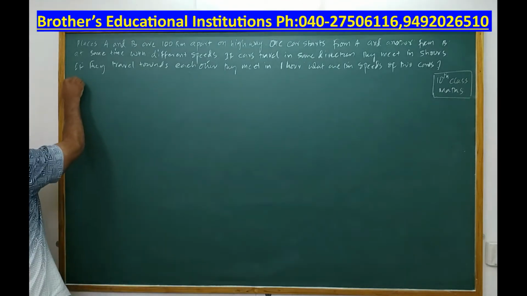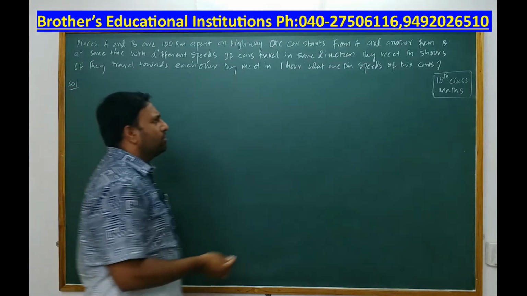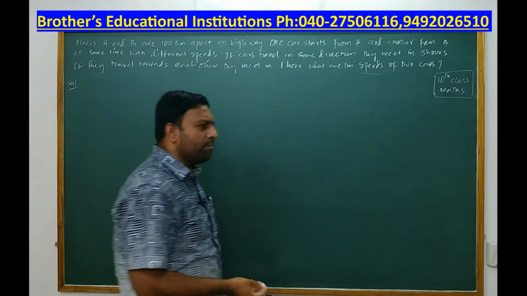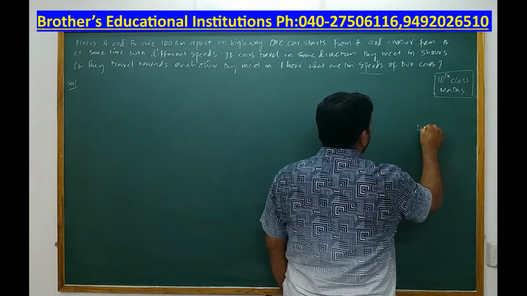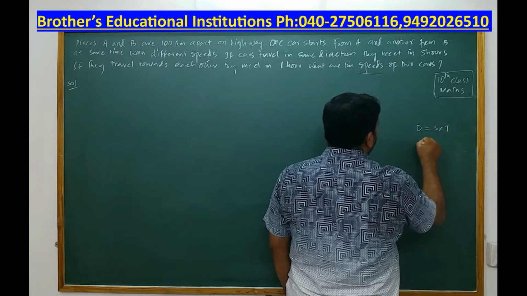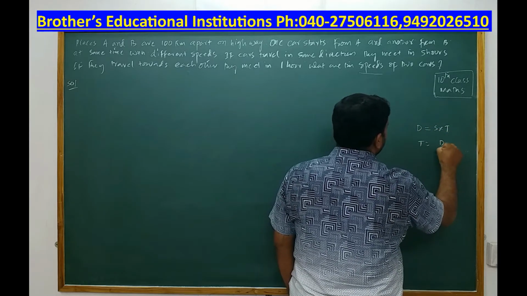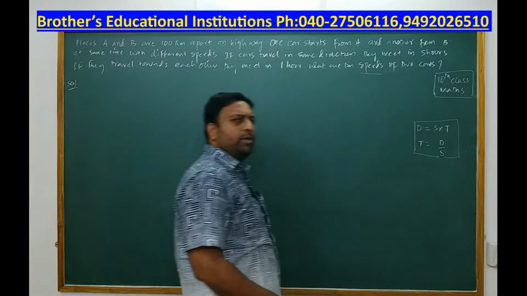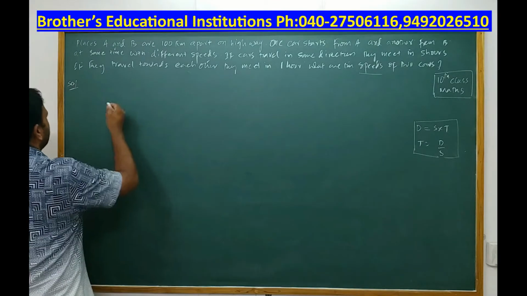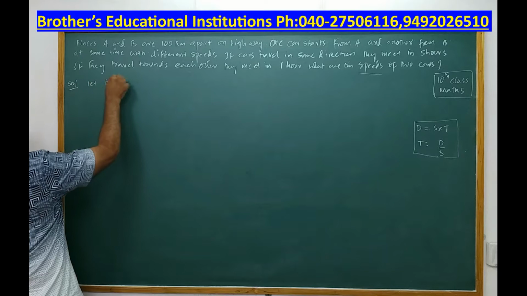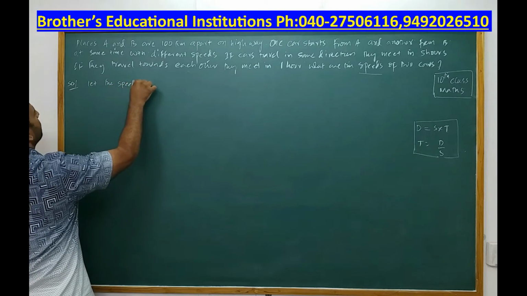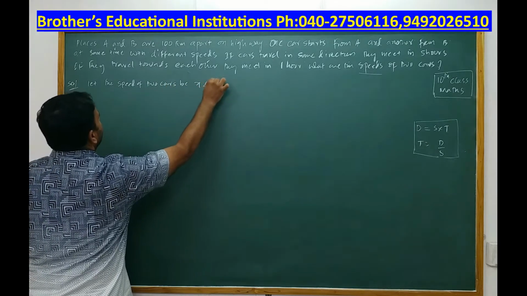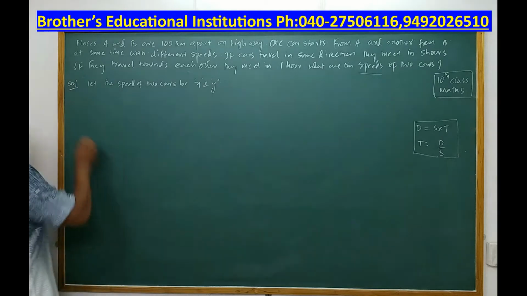Now we have two scenarios here, and what are we supposed to find? We are supposed to find the speeds of the cars, right? Before I move forward, I think you know the simple formula: distance is equal to speed into time, or time is equal to distance by speed. This you have learned in your elementary classes. This formula we will be using now. Before I move, I must declare, let the speeds of the two cars be x and y. Okay. Now let us take case 1.